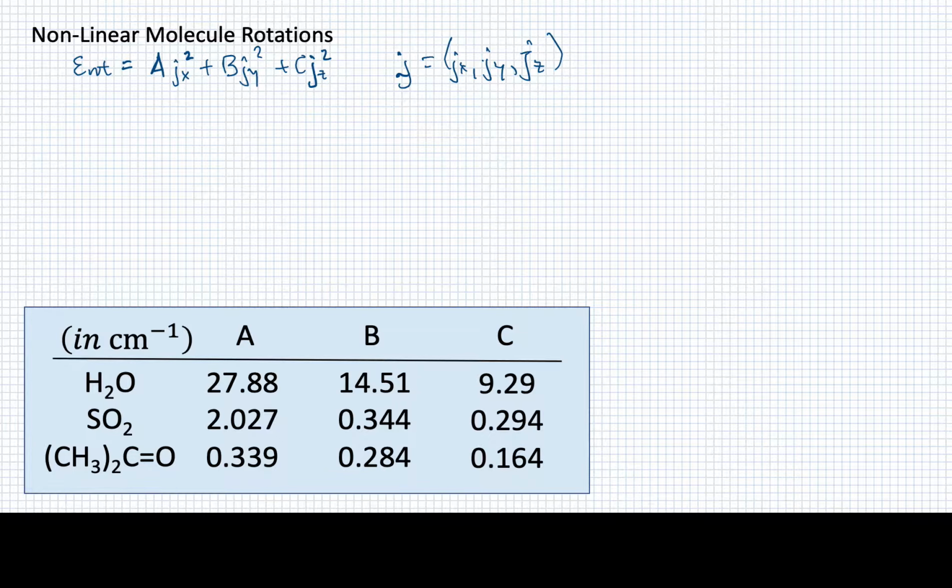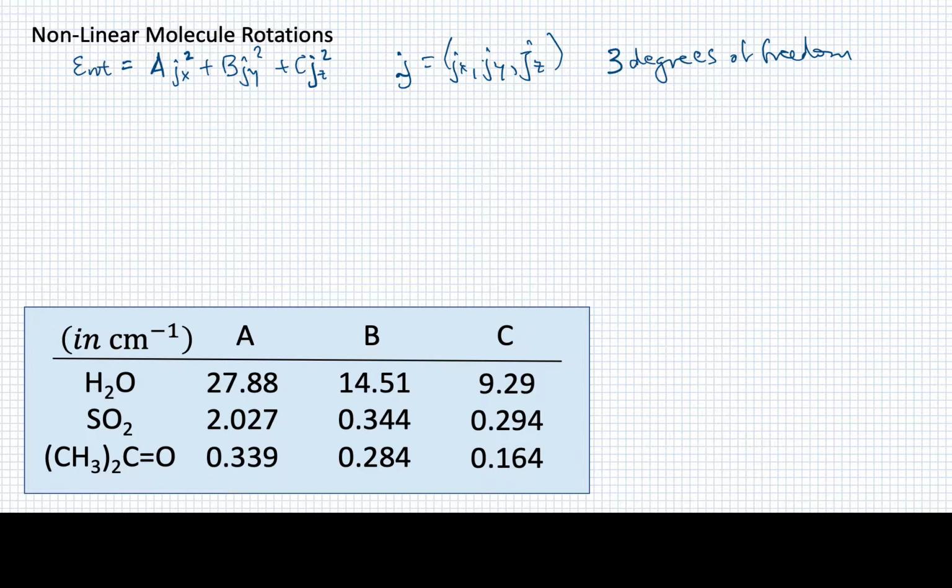Now you notice the number 3 comes up a lot. That's because rotational degrees of freedom are 3 for a nonlinear molecule. There are only 2 for a linear molecule. So we're going to need to take that into account. Now, because of this, we generally cannot write down a nice formula for the energy levels, the quantum energy levels, for a rotor that has 3 distinct rotational constants as drawn here. But we can at least quote for you the results for the rotational